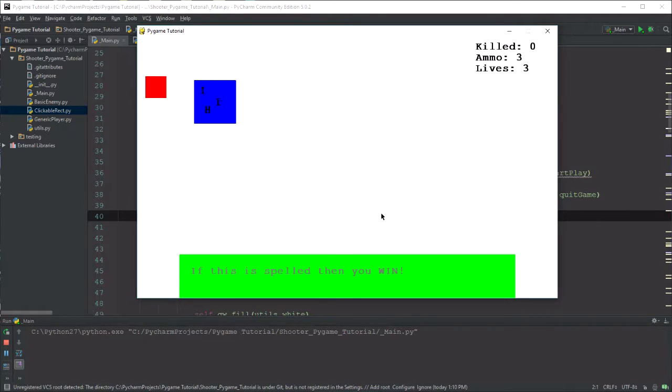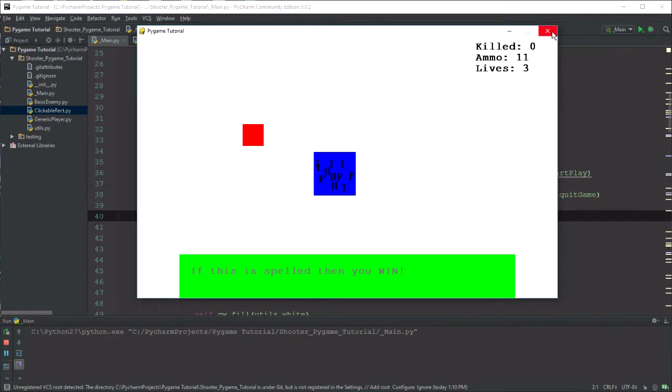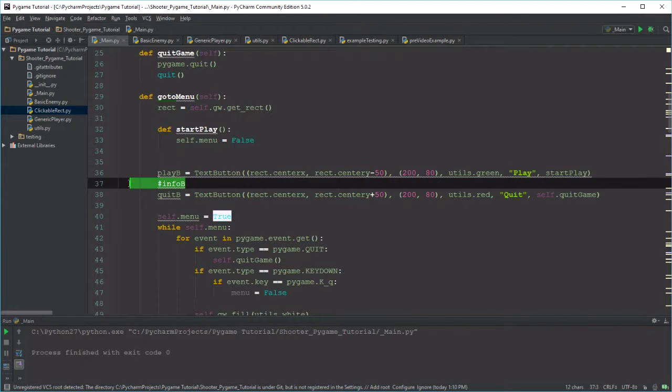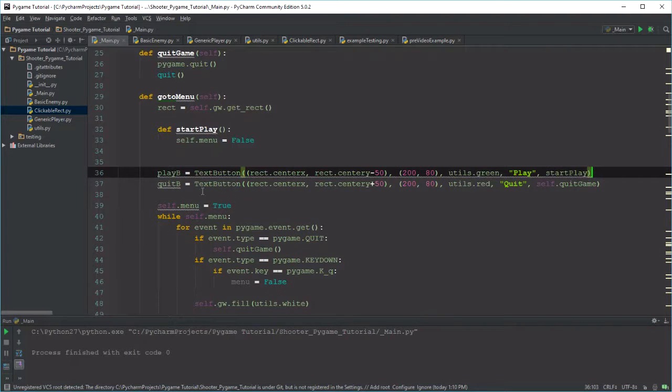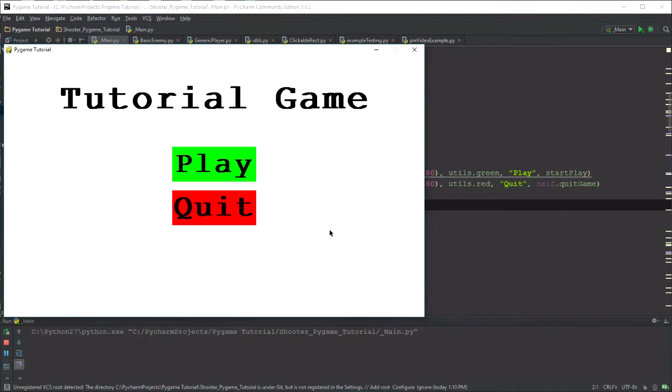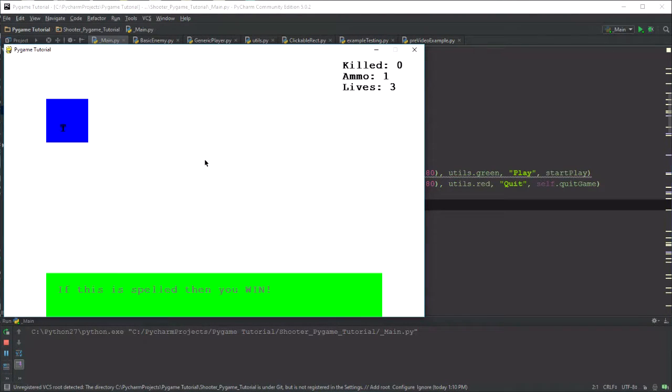Play plays the game, quit quits out. And that's all I'm going to do for this one. So this one's probably a bit shorter than other videos, but I just wanted to implement the buttons and get them into the menu. So now we have two working buttons for the actual menu. What I want to do for next time is